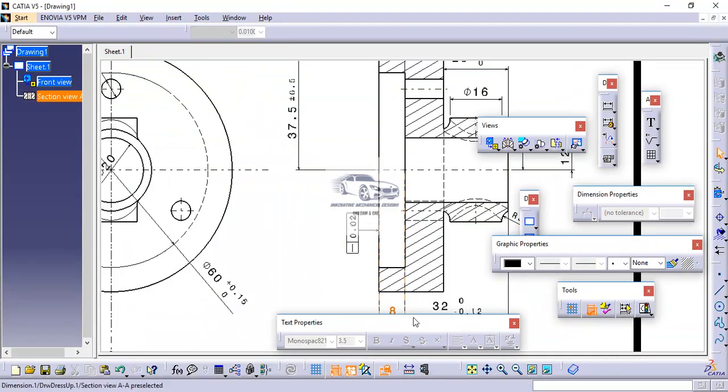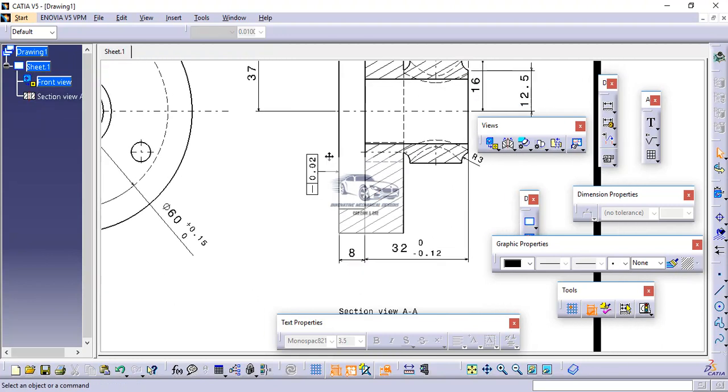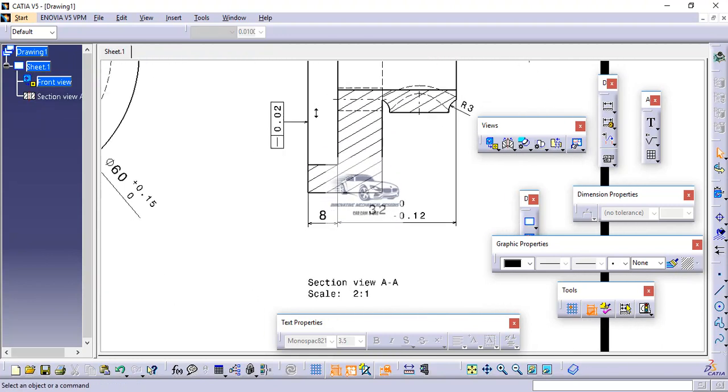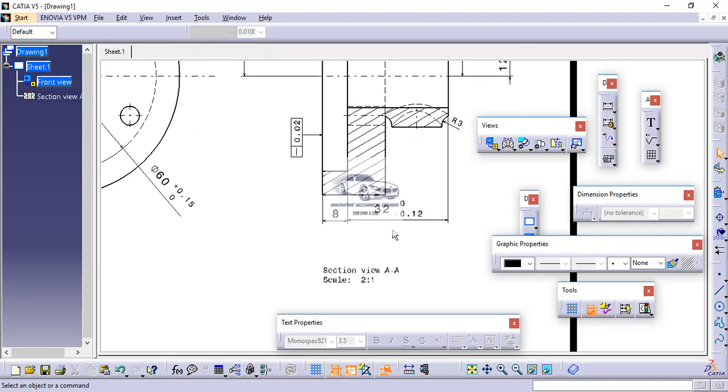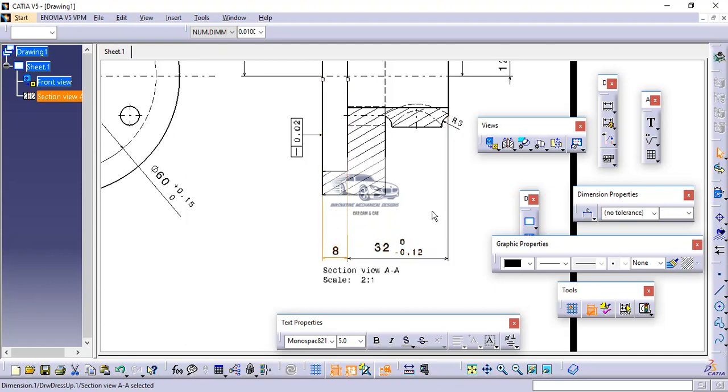So if we are designating this particular edge as datum A, meaning that this edge is perfectly straight after getting machined. So by taking the reference of this particular edge, we can designate the geometrical tolerances for other features.